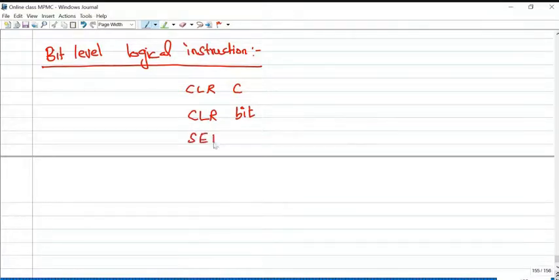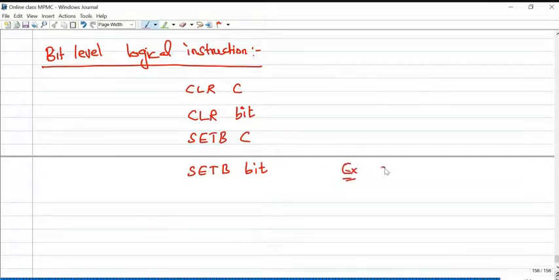Similarly, SETB C, set bit carry, means carry equals 1. Or we can set a particular bit equal to 1.